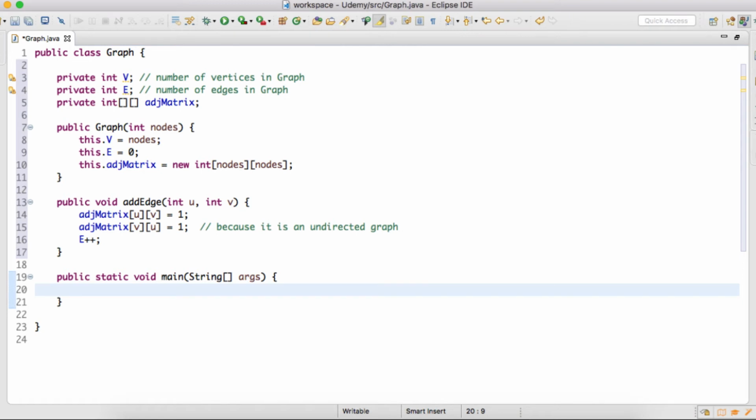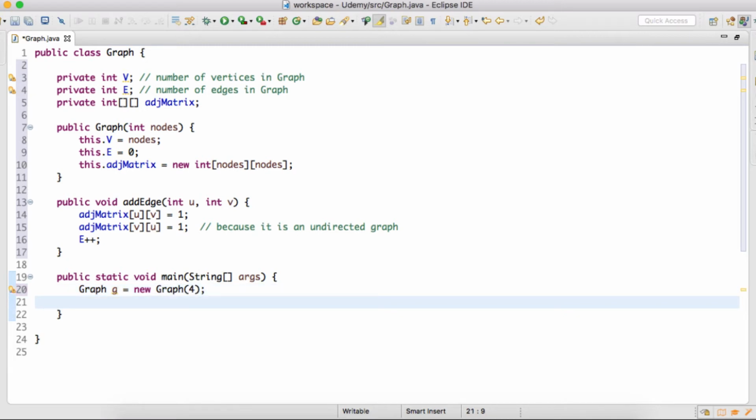So friends, in our main method we'll create a graph and add an edge between a few nodes. We'll create an instance of Graph and provide a value of 4. This will create a graph of 4 nodes, and also an adjacency matrix of 4 cross 4. So we'll create the graph which we saw in our previous tutorial.